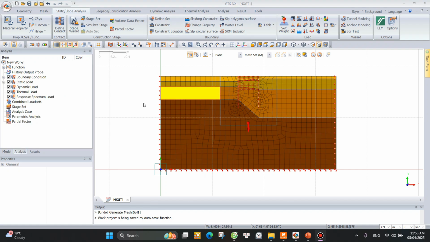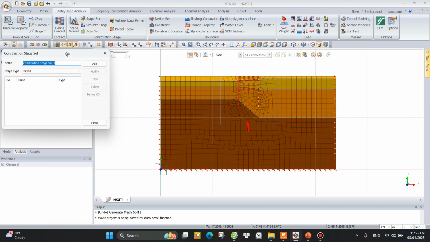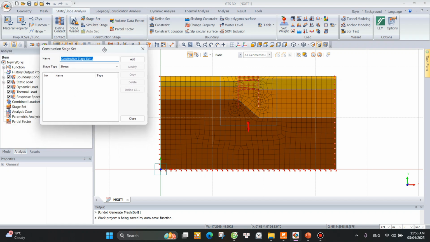So after creating the boundary condition, now we go to the stage set to select the type of simulation. So we want to simulate the stress. We have different types: stress, consolidation, seepage, or coupled analysis, but in this study we mainly focus on the stress, and then we add it. So this is construction stage 1. You can rename it here for the excavation,